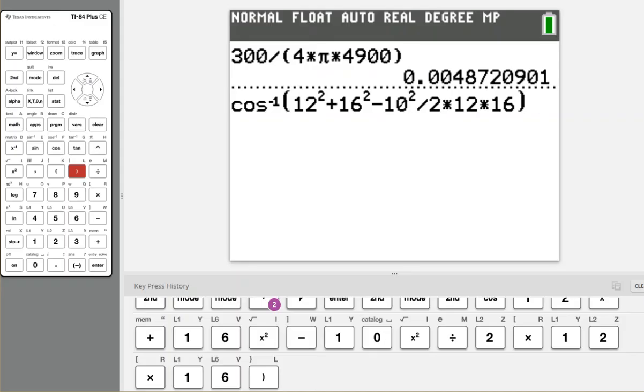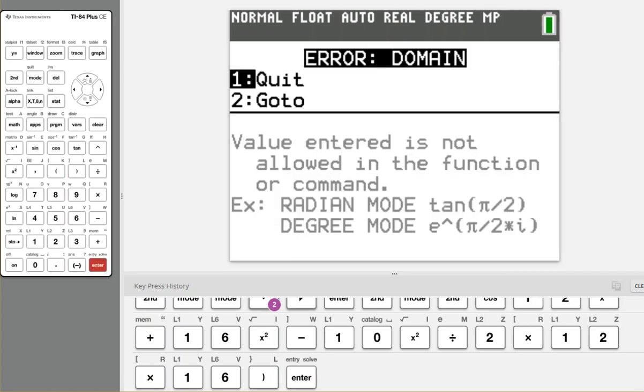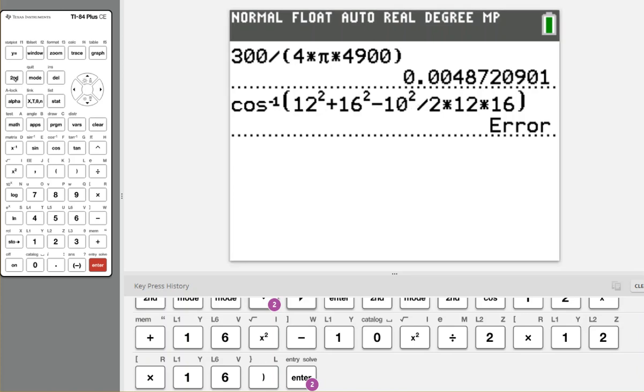Now, here's what I'm afraid of, and this is what's going to happen if you're not checking your answers as you work along. I can hit enter here, and it's very likely to throw out some number, okay? But the problem with this is your calculator understands and follows order of operations. I don't care that it squares first, but I really don't want it to do this division before it does this adding and subtracting. What I really mean,